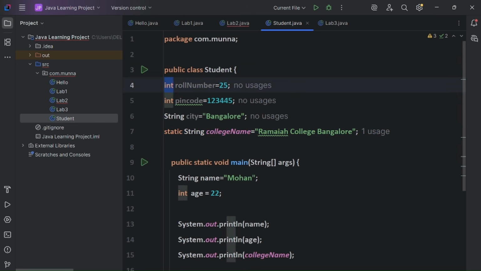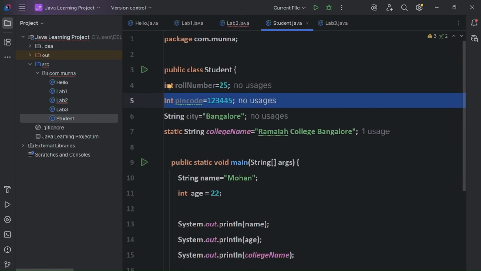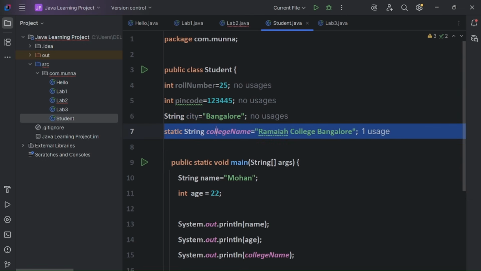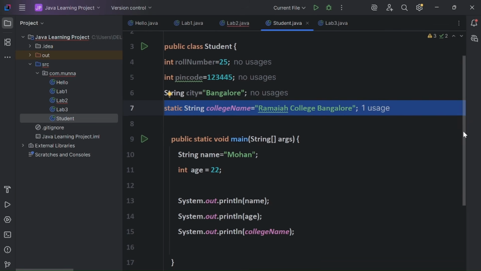The variables outside the method or block and without the static keyword are called instance variables, and this is the static variable because we are using the static keyword here, guys. So this is the main difference between instance variable and static variable.